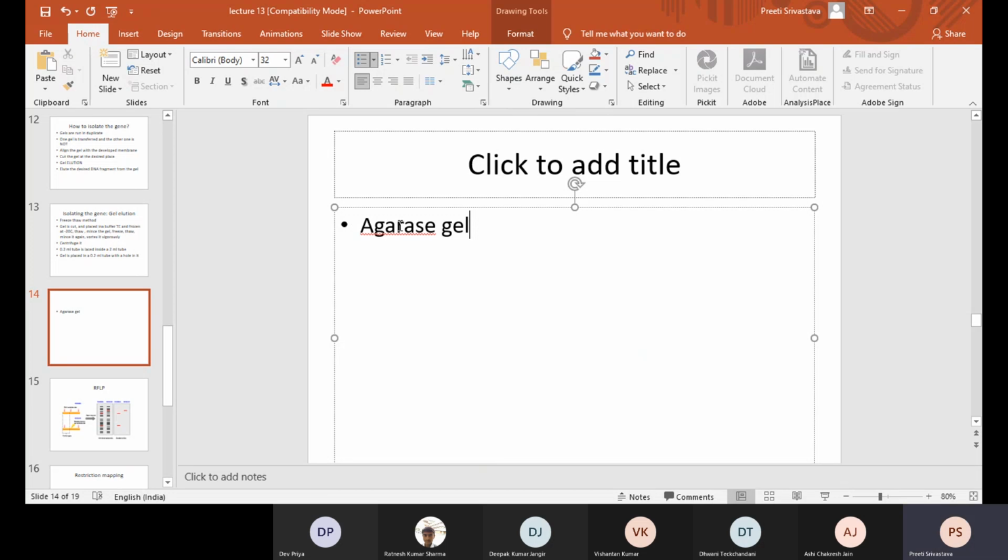So what is done is whenever we say probe or whenever we say the DNA, Ratnesh and all the students, whenever we say a probe, it is not one strand of DNA, right? So you take like 1 microgram DNA as probe or 500 nanogram DNA as probe. So that means first point that you do not have one strand of DNA, but you have a large concentration of DNA, right? Probe is always added in excess.